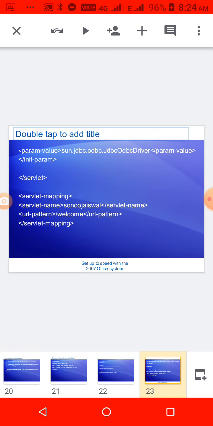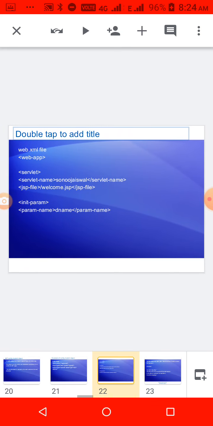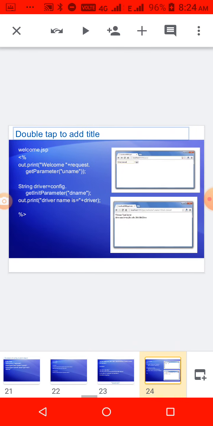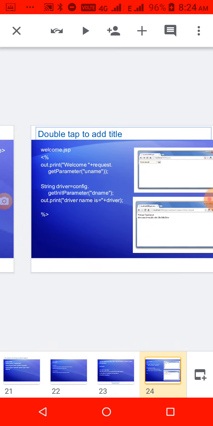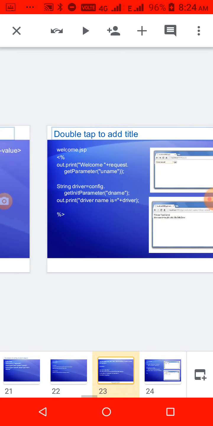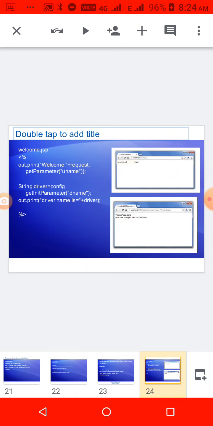Mapping means we specify the servlet name and then URL pattern equal to welcome. So everything you have to write here in the XML: you write the servlet name and it is mapped to that welcome.jsp. The parameter name we also specify. And then in welcome.jsp, out.print welcome plus request.getParameter username.